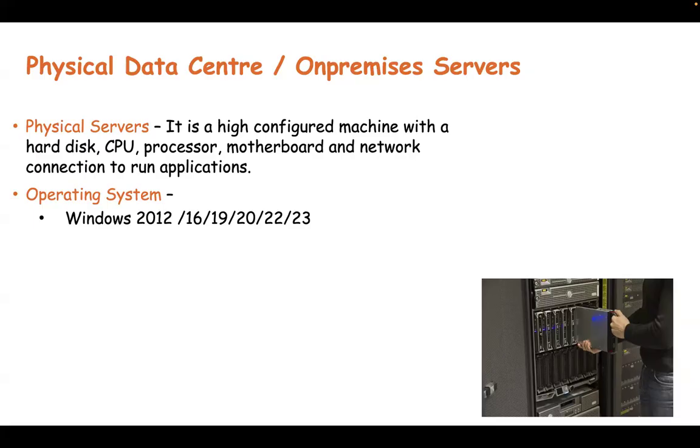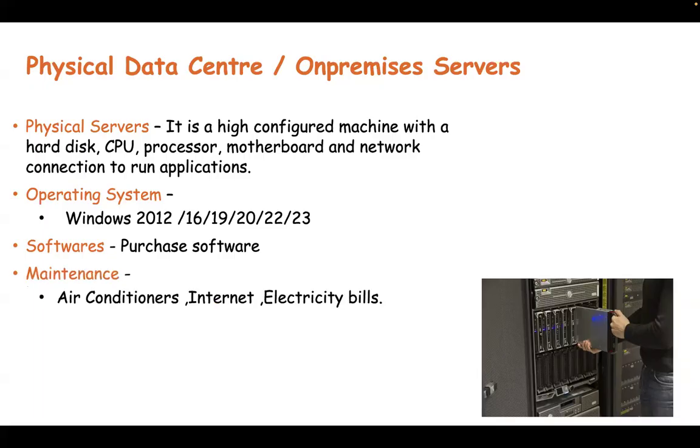This Windows operating system, you will not get it for free. You have to purchase it from the Microsoft company. They will give the license for 40,000 rupees in Indian price. 40,000 you have to spend for each license. How many licenses do I need here? I have 100 servers. 100 into 40,000, approximately 40 lakh I have to spend for operating systems. I have to purchase software because I have to install it on these servers. I have to take care of maintenance. Why do I have to take care of maintenance?